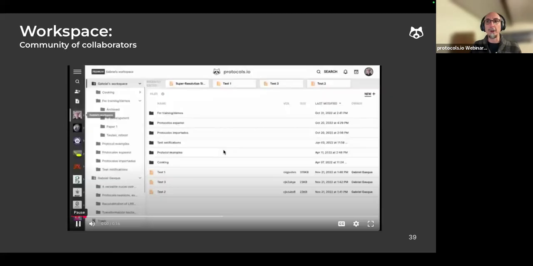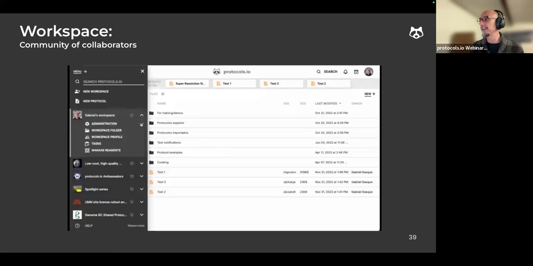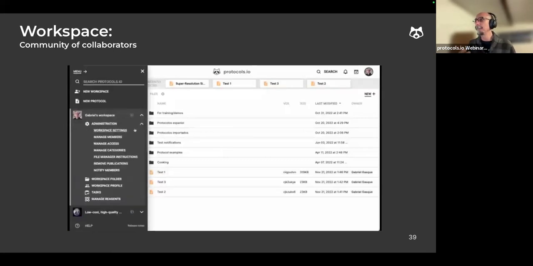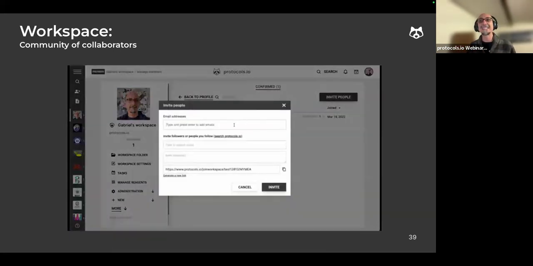To invite collaborators to join your workspace, you go to the administration menu of the workspace, select Manage Members, and then you can start inviting colleagues to join your workspace by typing their email address. They will have to create an account in protocols.io to join your workspace, but creating accounts is completely free. So there is no barrier for them to join your workspace.